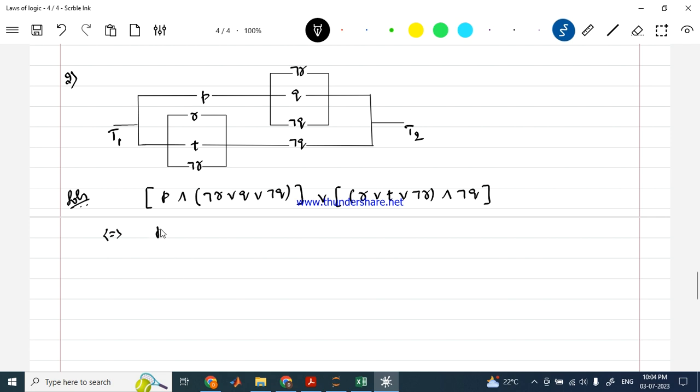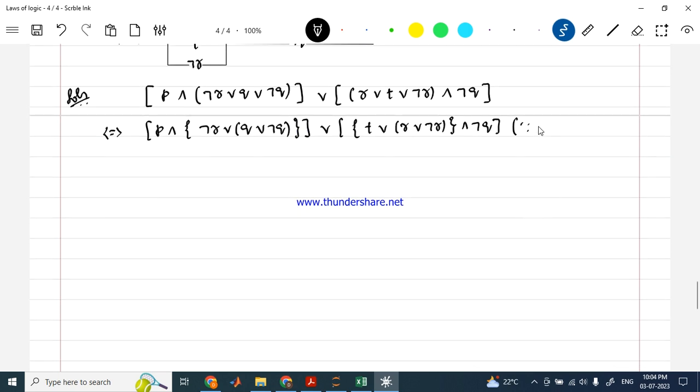Let me do that. So it is P conjunction, let me write the flower bracket, negation R, disjunction Q, disjunction negation Q, disjunction, we open this bracket, so T disjunction, R disjunction negation R, conjunction negation Q. In this one, basically I have used the associative law, along with the commutative law in this place. So this is logically equivalent to